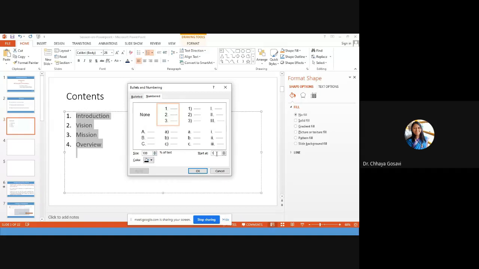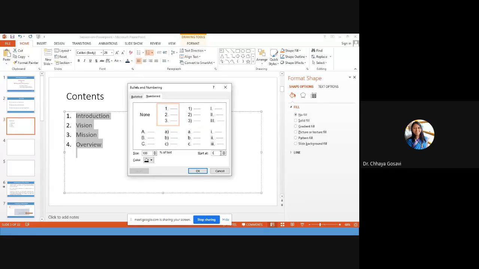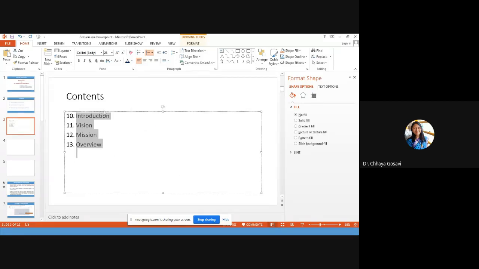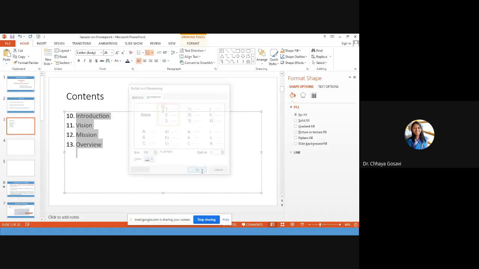So what I can do is go to the bullets and numbering section and set start at, suppose, 10. I want this list to start from 10, so it will start from 10, 11, 12. If I want to reset, go back and choose here. Again, I want to start from 0 or 1, whatever. I can start it. And the bullet color also we can change. I want blue color, suppose. So now the color of the bullets is changed as per the selection.